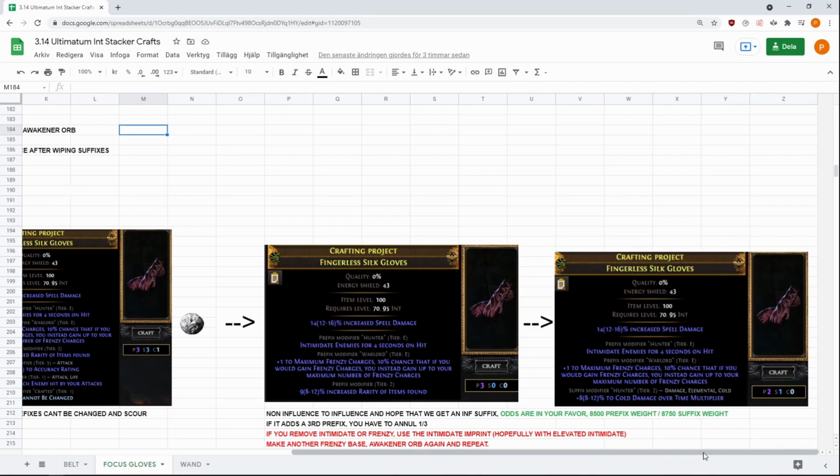mod, which means you can do non-influence to influence craft. Basically it removes a non-influence modifier, which is guaranteed to remove our random prefix, and adds an influence modifier. The odds are slightly in our favor here. Prefix weights for influence mods are 8,500, while suffix weights are 8,750. And if this happens to add a third prefix again, meaning you're stuck with 3 influence prefixes, you would just have to YOLO annul, which is a 1